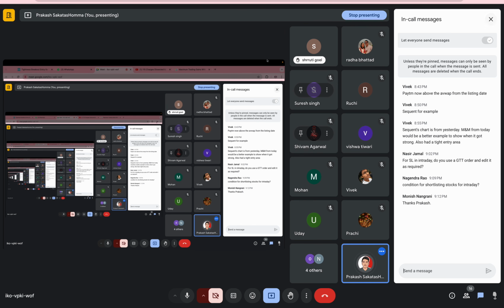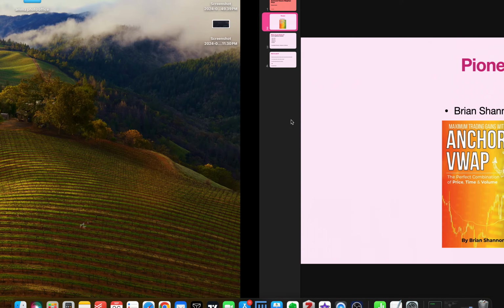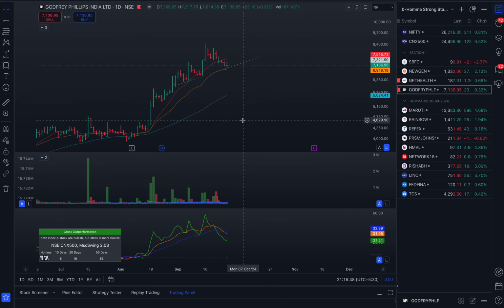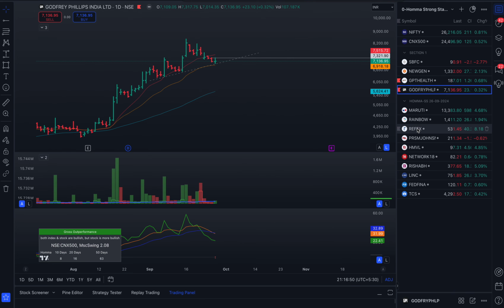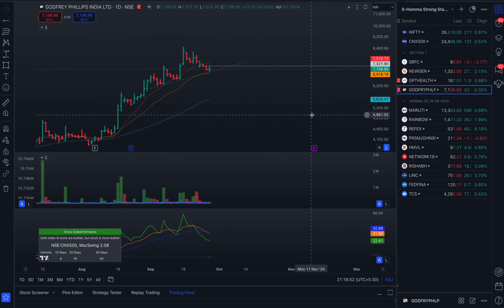Hi Shruti. Hi, Prakash. Prakash, exit ठीक है, but how do you enter using VWAP? Yeah, so that was also discussed a little while ago. See, the most entries are, see,